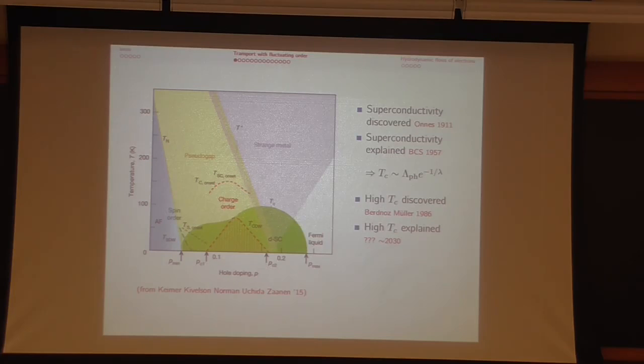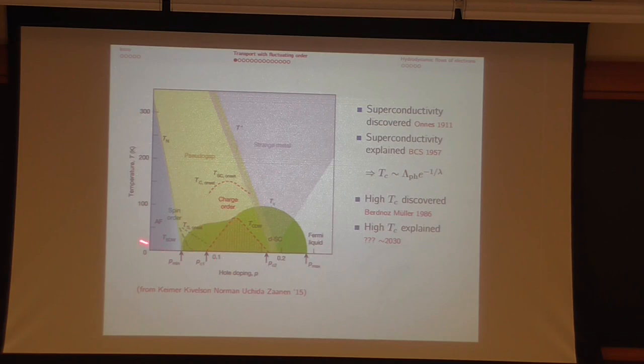There are some regions that we understand, like this region here. I should say this is the temperature axis, and this is doping, which basically tells you how many charge carriers you have. There's a region here we understand as a Fermi liquid, which is just weakly interacting electrons. This is an antiferromagnet, which is an insulator. The electrons are trapped in their potential. This green thing is the superconducting dome. Notice that TC, the critical temperature, is pretty high in Kelvin.